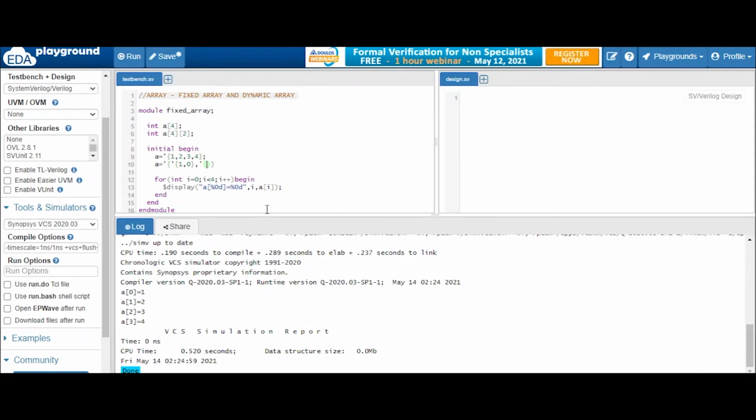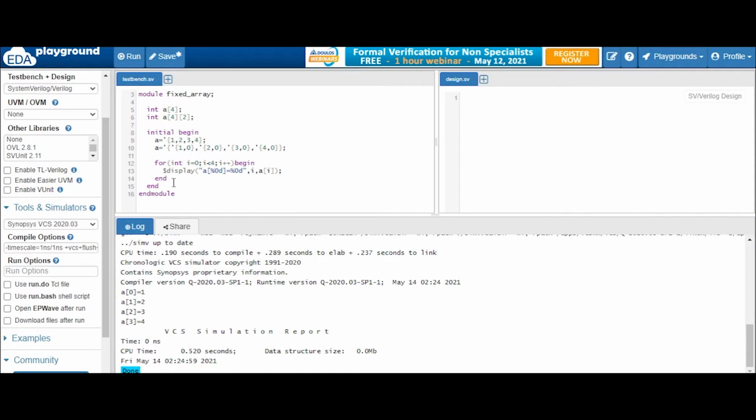Similarly, now we are in the second row. In the second row also we have 2 elements, so we assign 2 elements to it. Now let's go to the third row. In the third row also we assign 2 elements. Let's go to the fourth row. We assign 2 elements, that is 4 0. So this is the idea of how you assign the elements to your array. Now let's display. For displaying, just change the name here. Let's make it b. So make it b here.